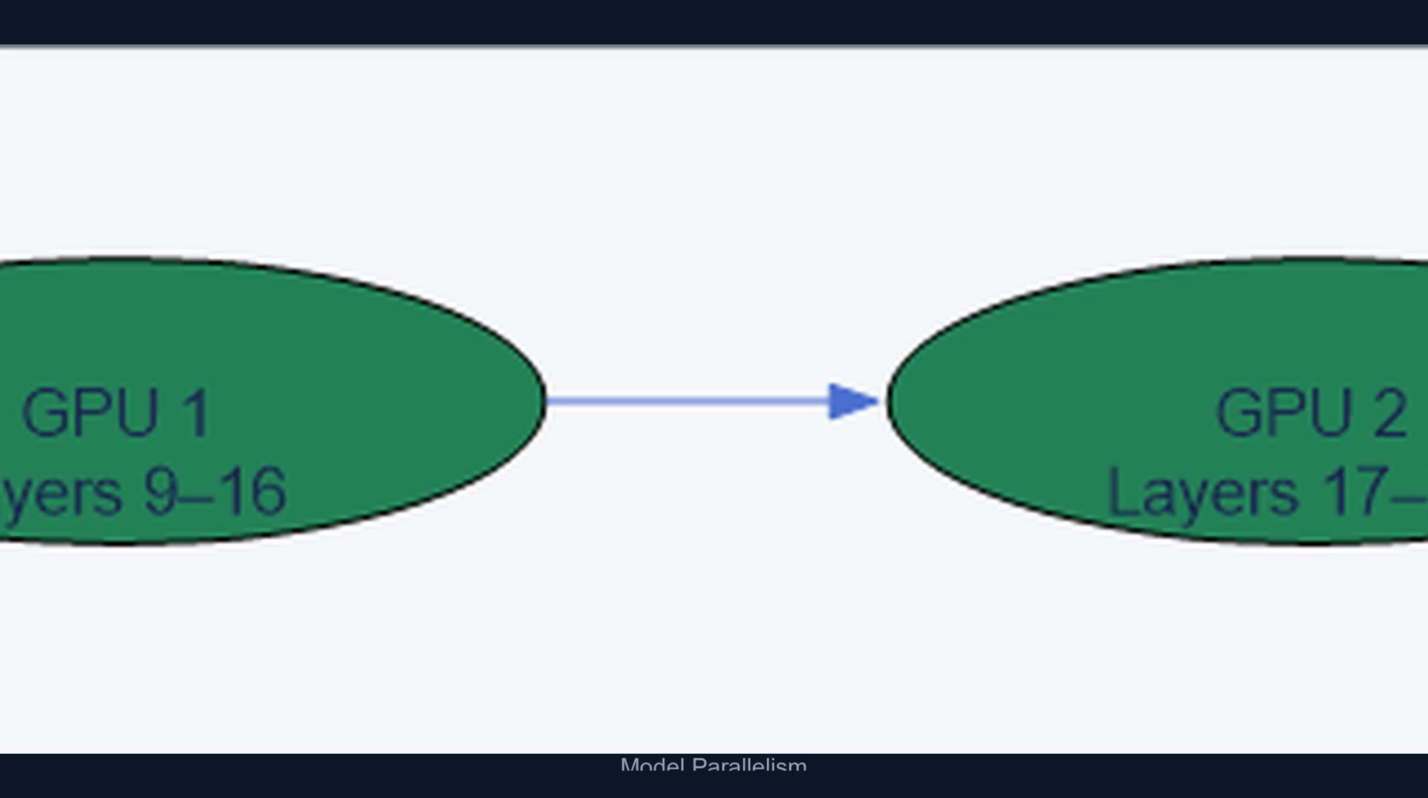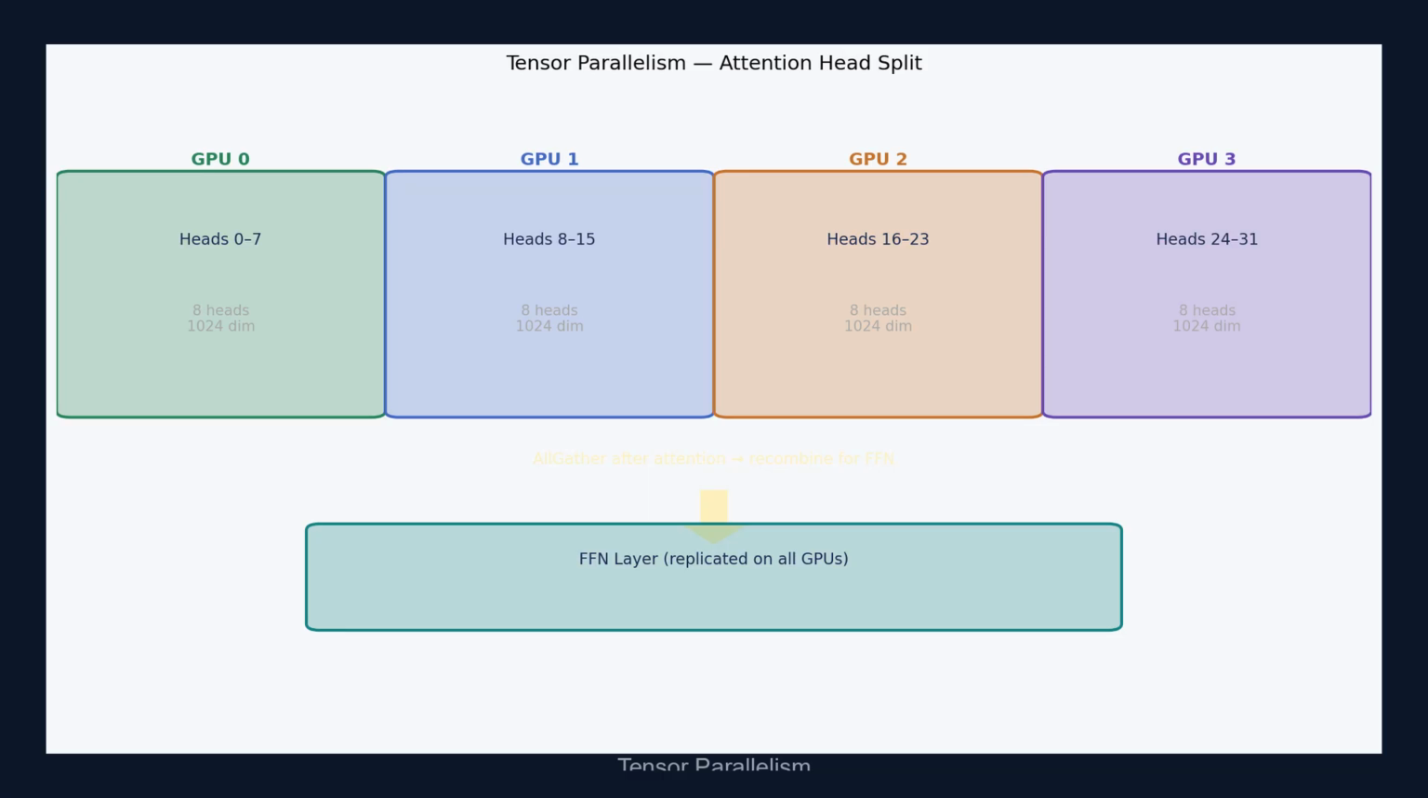But if you ever work with a model too large for a single card, model parallelism is the tool. Tensor parallelism operates at a finer granularity than either data or model parallelism. Rather than splitting data or splitting layers, it splits the computation within a single layer across GPUs. In this attention head example, the 32 attention heads are divided into 4 groups of 8. GPU 0 computes heads 0 through 7, GPU 1 handles heads 8 through 15, and so on, each operating on